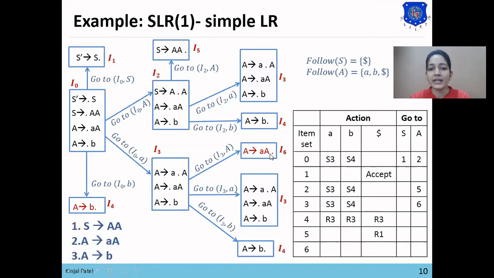So the R2 entry will be made in a, b and dollar in set 6. In set number 6, we'll place the R2 entry from 6 to a, from 6 to b and from 6 to dollar, as a, b and dollar are the follow of A.